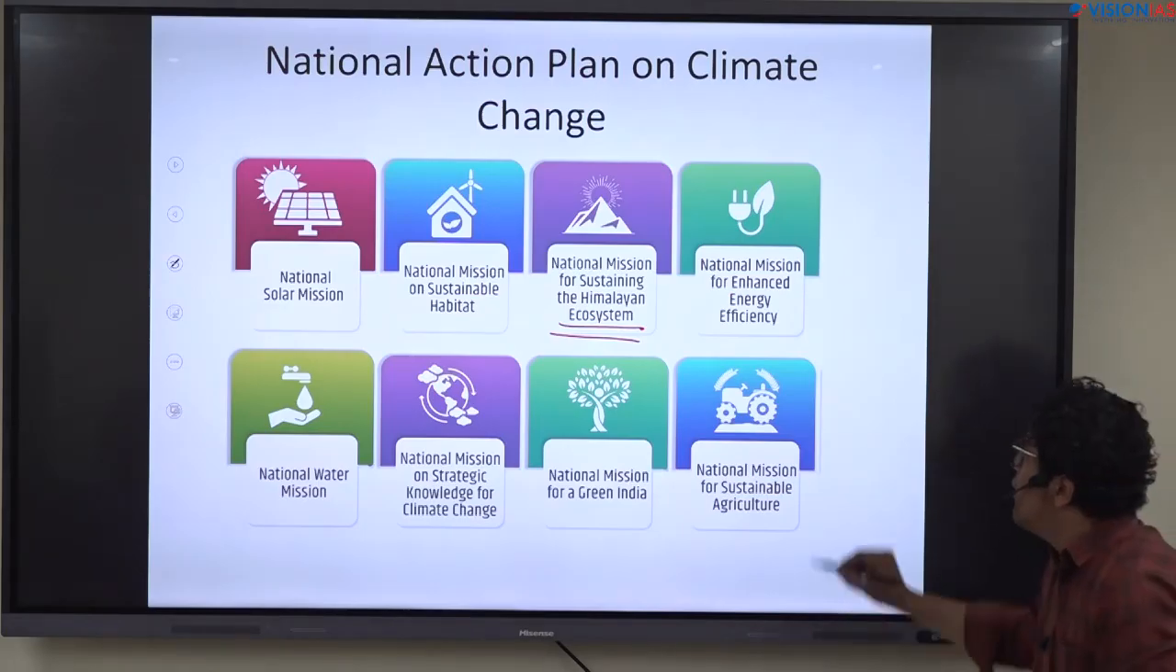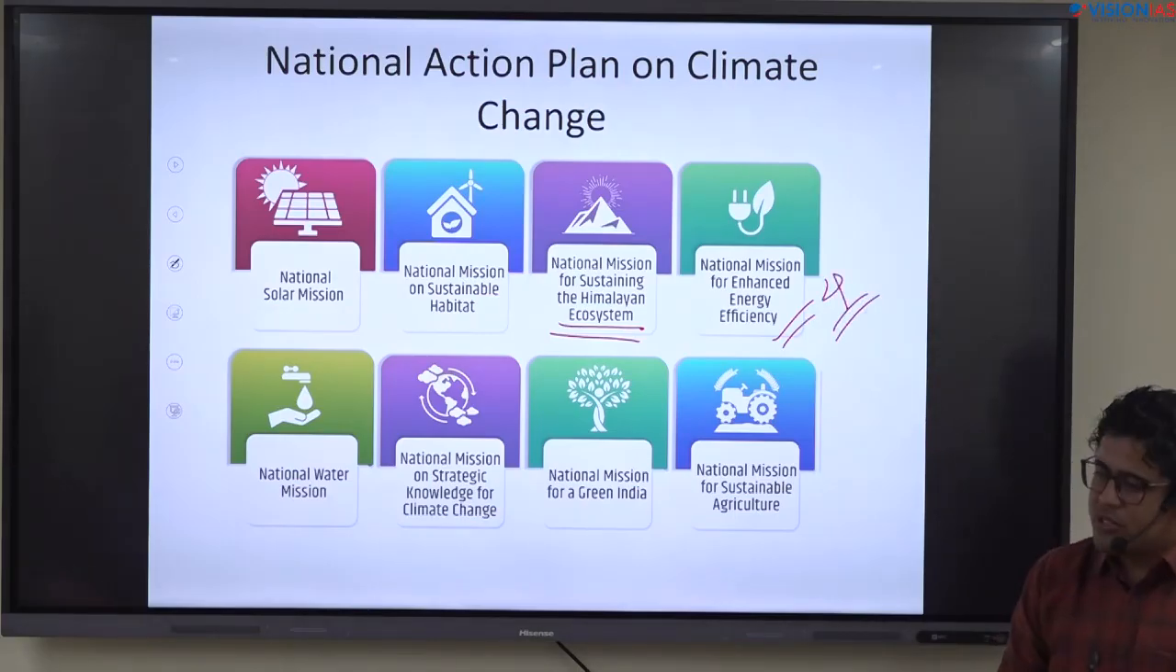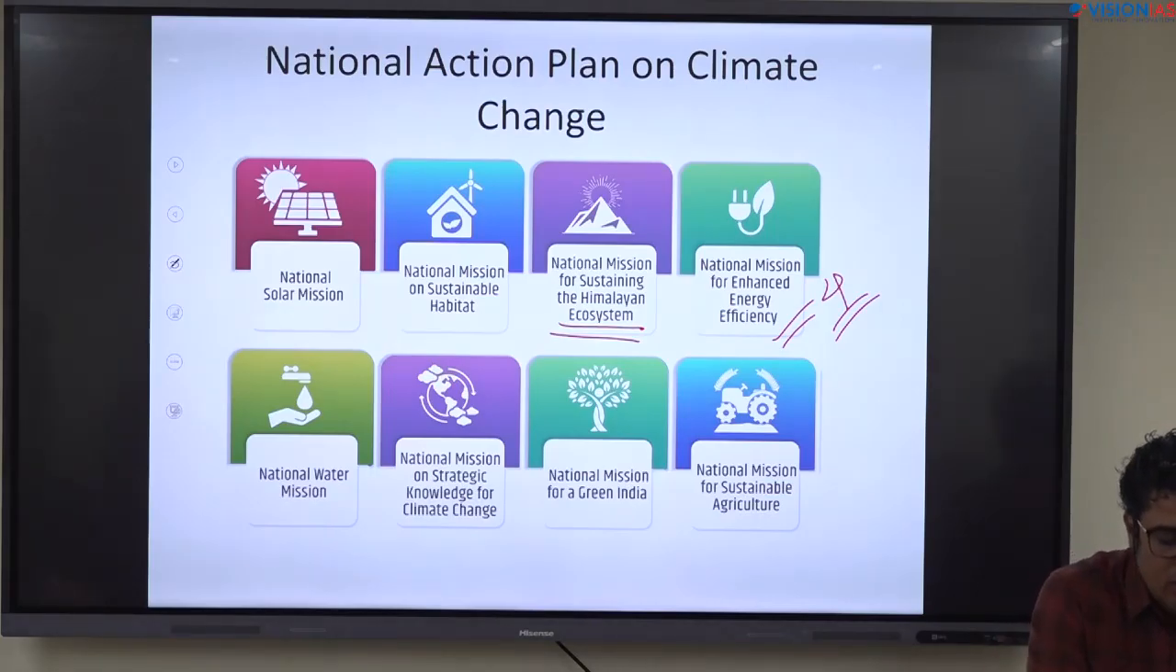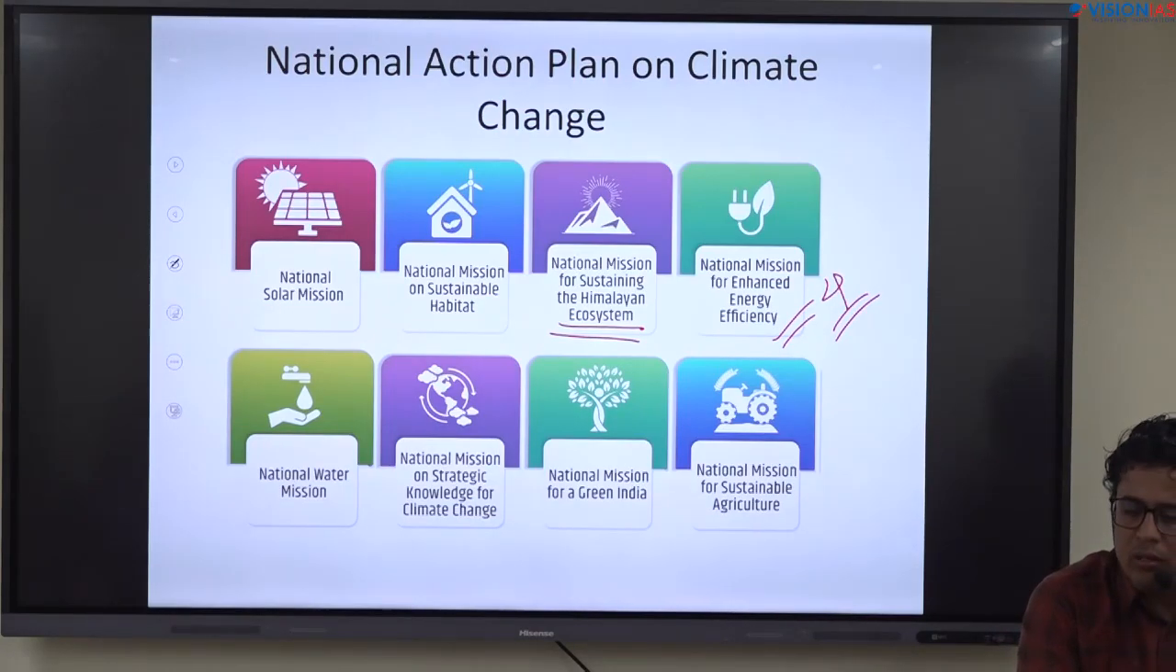Write down the fourth one. National mission for enhanced energy efficiency. To control wastage of electricity